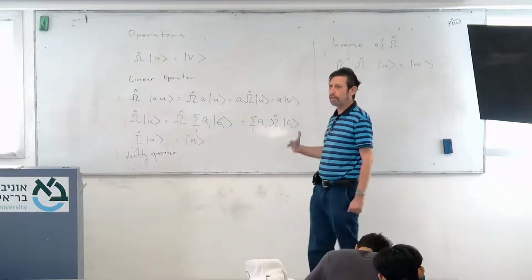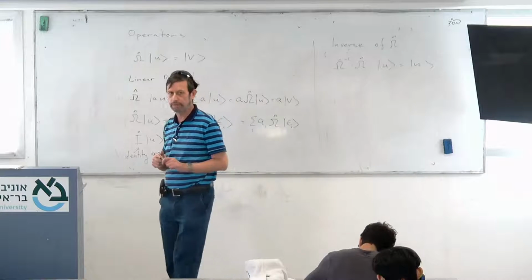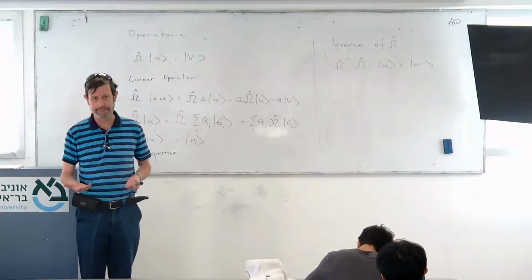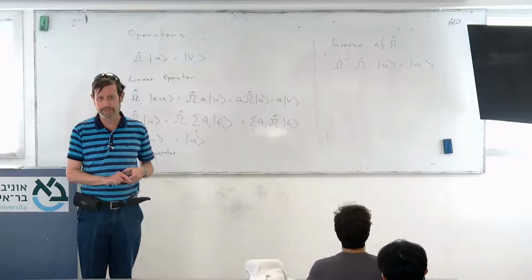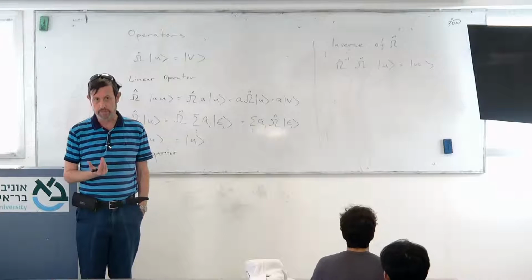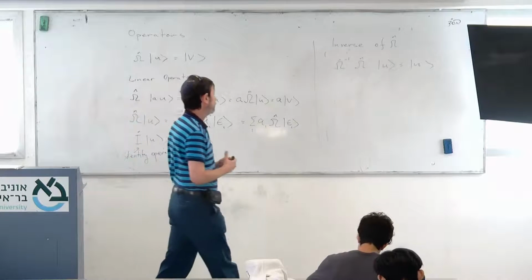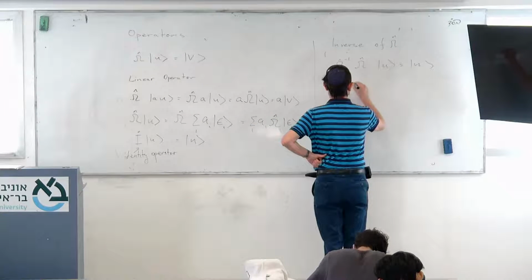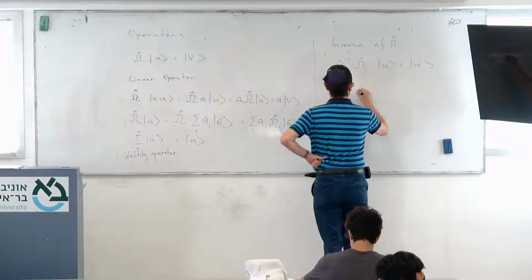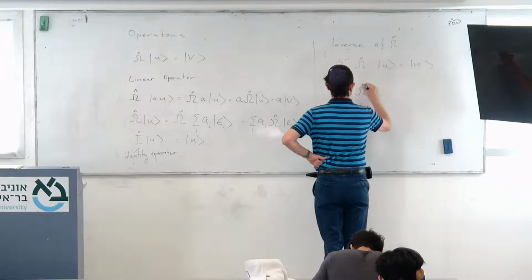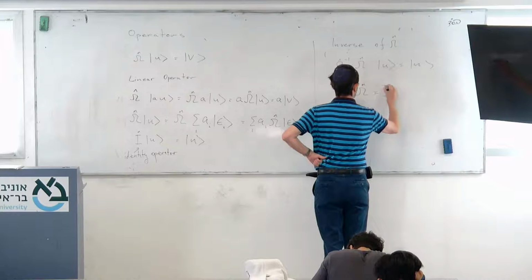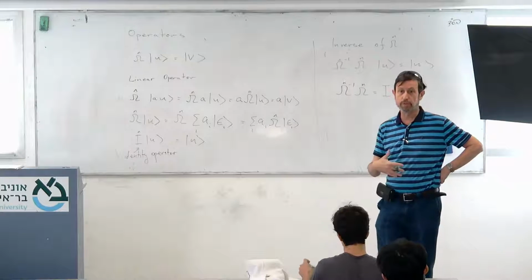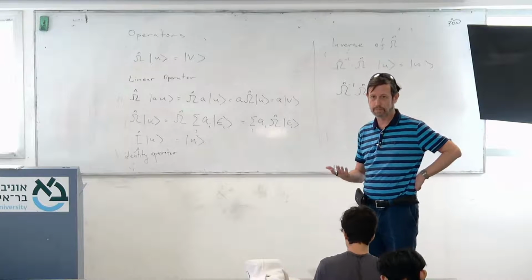So I operate with omega on a vector, operate with the inverse of this operator, and I'm back to the same vector, meaning that if I have matrices, if I multiply those matrices by each other,